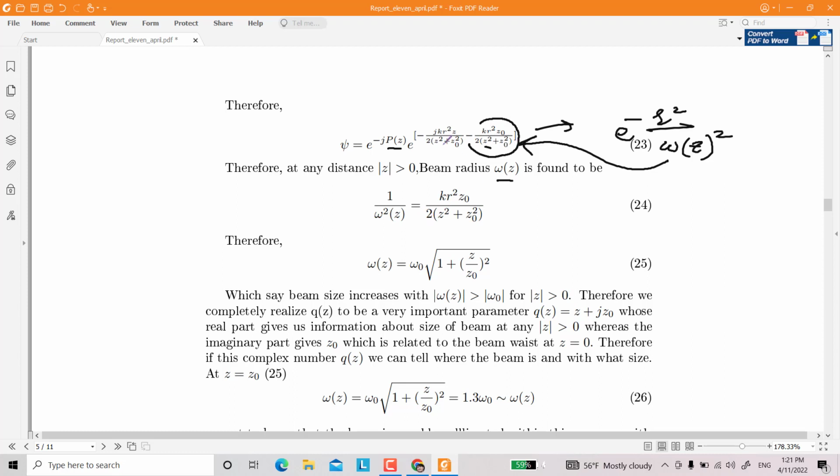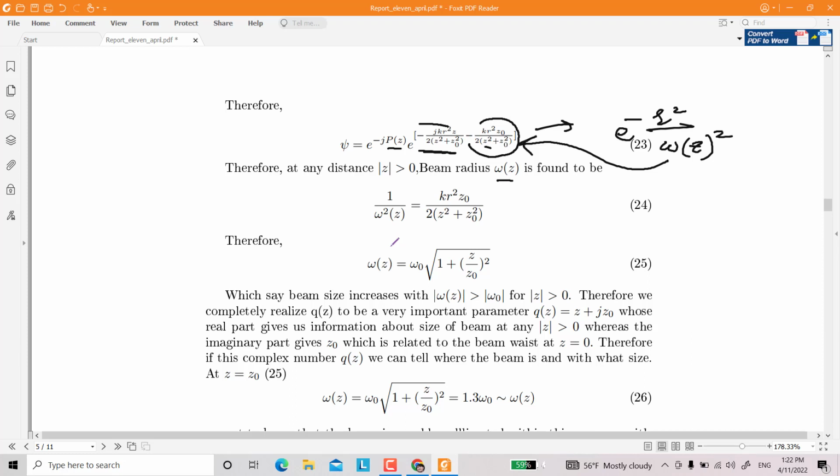Remember, we don't need to discuss this thing right now, and we are not interested in interpreting this term because we are dealing with the real term here, and this is imaginary, and we will be discussing this term later. So 1 over omega square Z is equal to this whole term here. If you simplify this term, it turns out to be this thing, which is equation number 25, that says